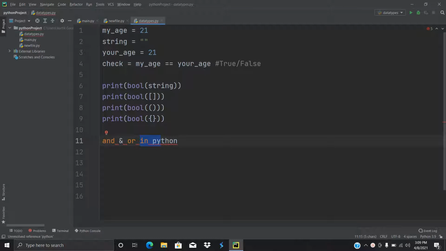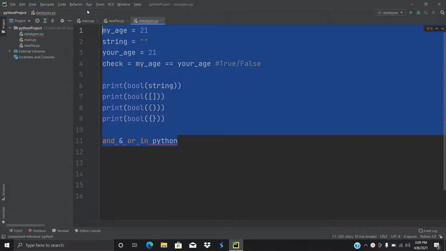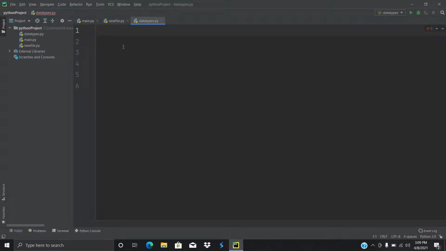In the previous video we learned about the bool function and boolean comparison, etc. But in this video we are going to learn about the Python keywords and and or. So guys, let's start. First of all, we will start with an example, and the example is we